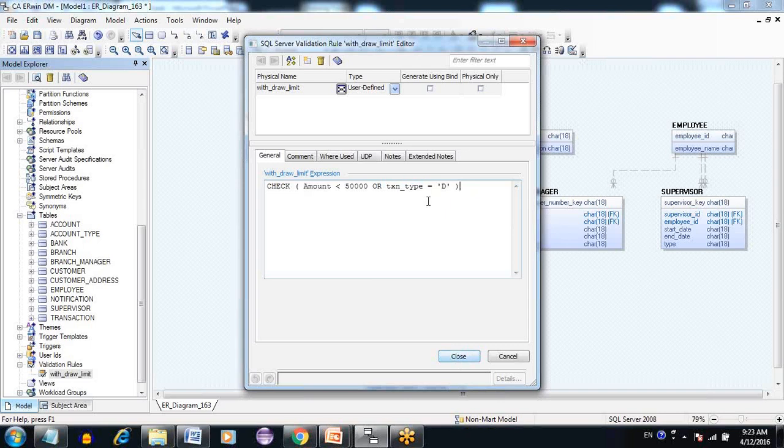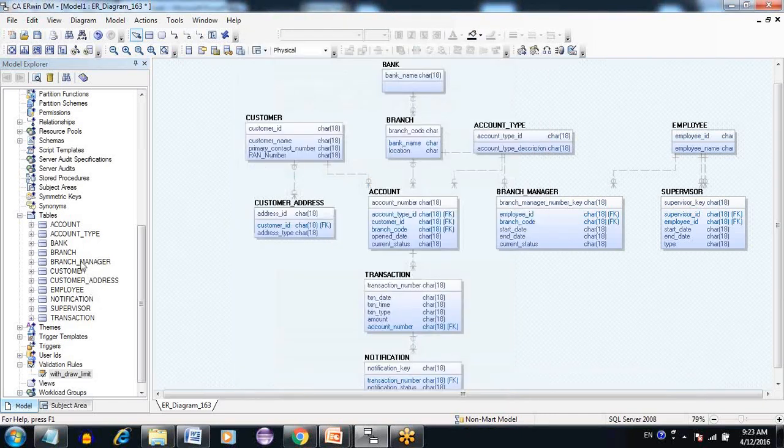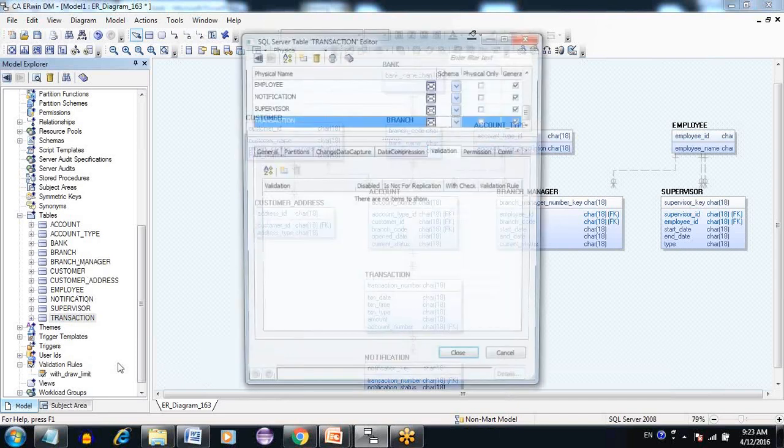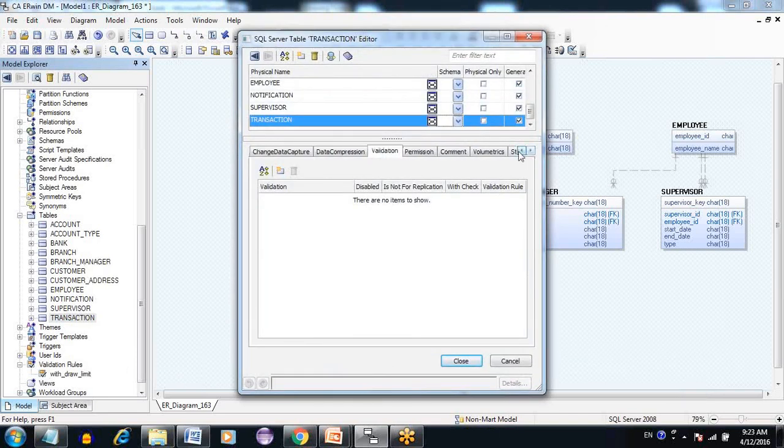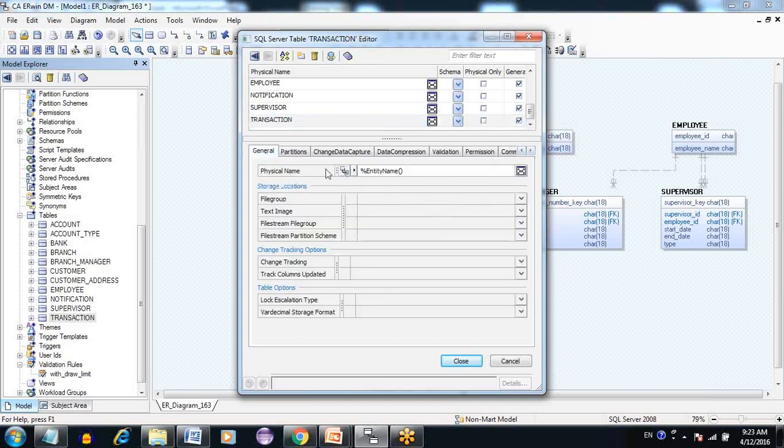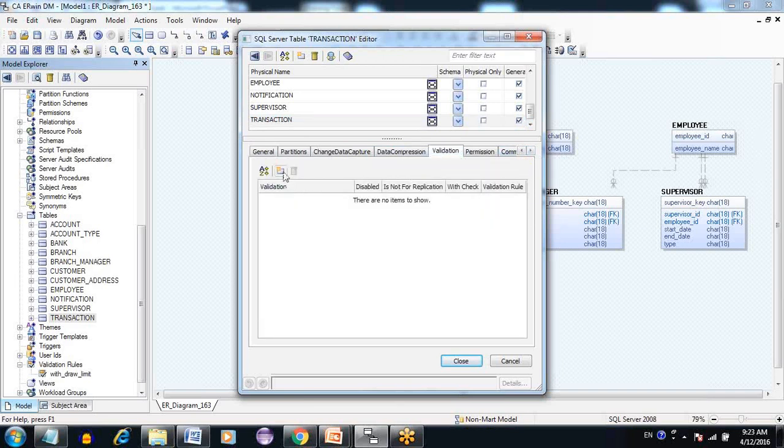But if it is a complex rule, it is up to us to mention that particular rule here with the correct database syntax. And once we have that expression mentioned here, then we have to go to the corresponding table. Here it is the transaction table. Go to transaction table properties, and then where is the validation? Yeah, go to the validation, and then